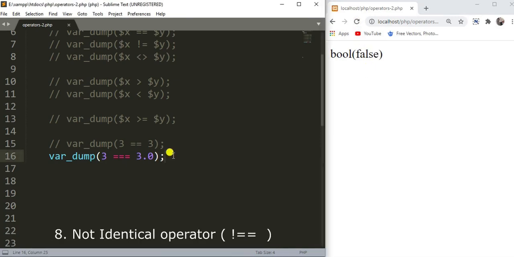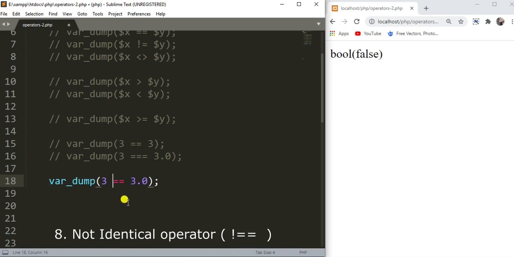Now let's move to the last type of comparison operator, which is the not identical operator. Just like you use the equals to operator and the not equals to operator, similarly there are the identical operator and the not identical operator, which work just the opposite. I am going to change this identical operator to the not identical operator.